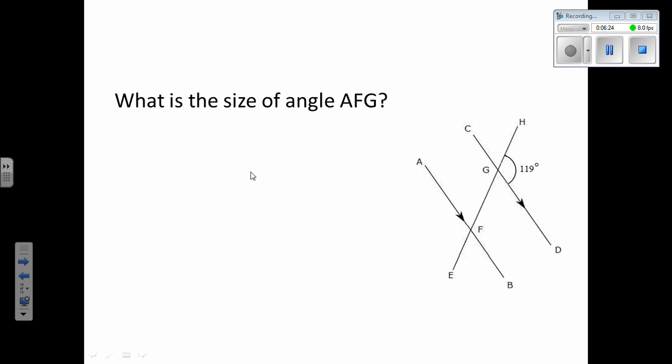So let's try this one. What is the size of angle AFG? So we know that they are alternate exterior angles. And we know our lines are parallel because they contain the two arrows. So therefore, we could say that